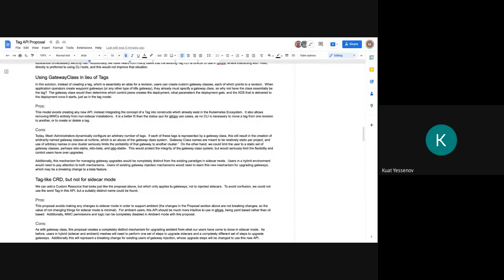I just wanted to add: before we start building this high-level user experience around upgrades of waypoints, we should at least make sure we can do any upgrade of a waypoint, because the way I understand it right now, the data path doesn't allow any restarts at all. You'll lose traffic. So if we have an API that allows you to upgrade waypoints, we should at least guarantee it doesn't break traffic, right?